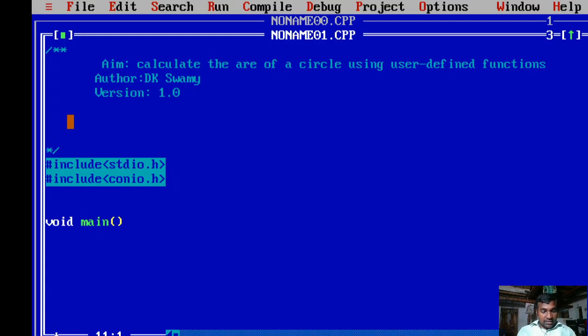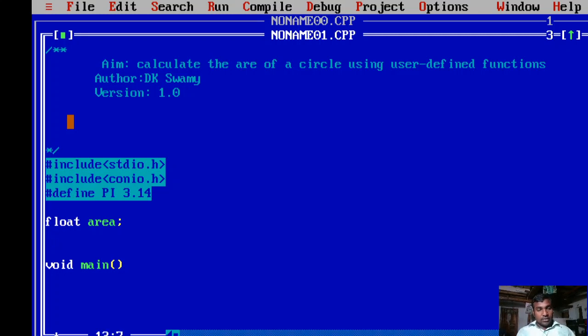#define PI 3.14. Then you can declare the global variables, like float area. Now area is a global variable. In this way you can include the global variables, and not only that, the declaration of the functions can be done like this.